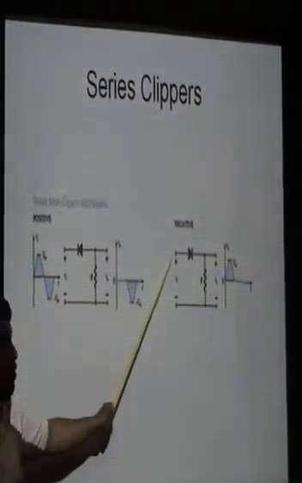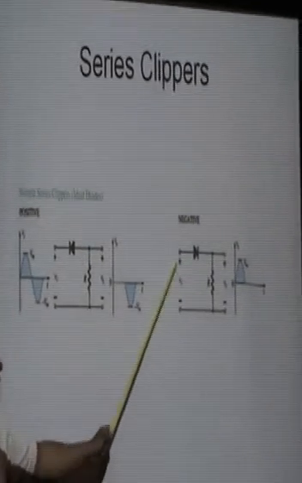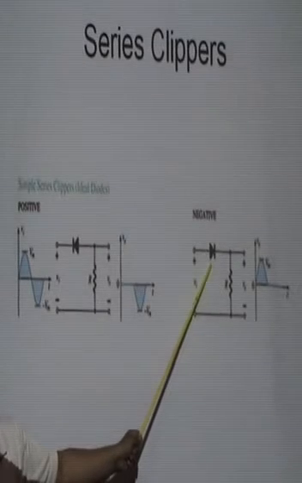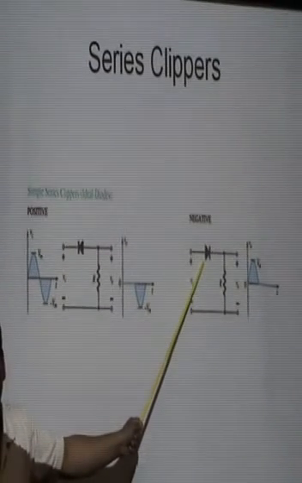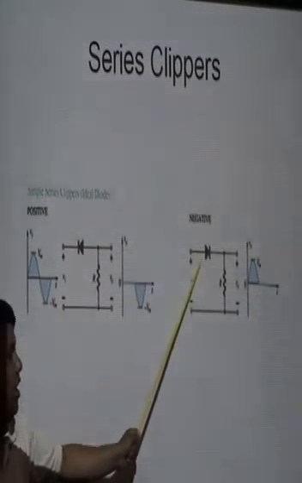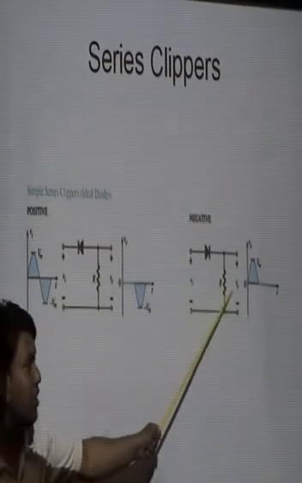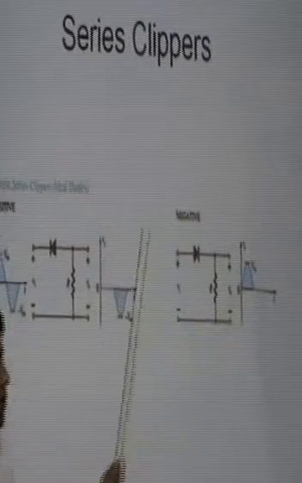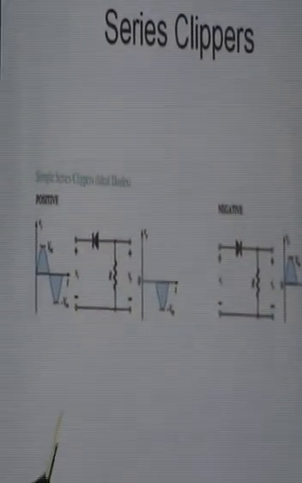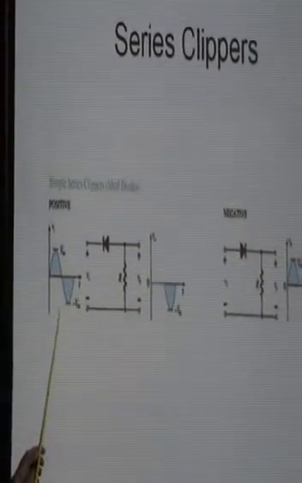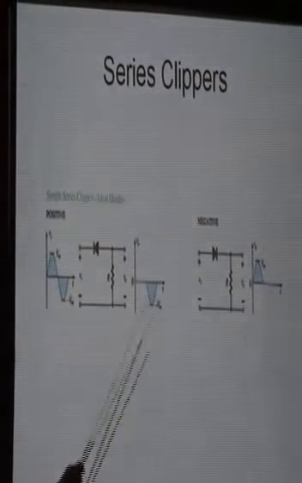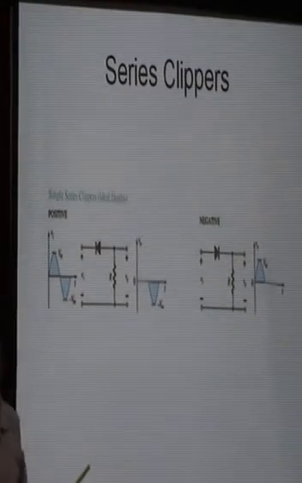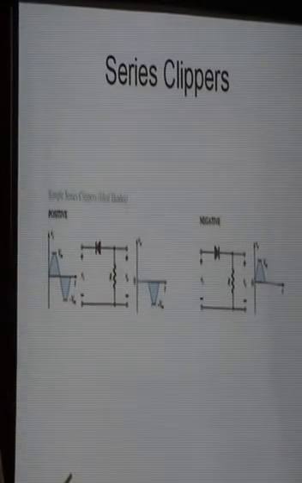While for the negative half cycle from pi to 2 pi, with minus Vm peak amplitude, the polarity of these terminals is changed, and as the polarity is changed, the diode now acts as an open switch in reverse bias condition and there is no current in the loop, and finally there is no output. So from pi to 2 pi the output is nothing. So from these two figures we can easily differentiate between the positive clipper and the negative clipper, which both are series in nature. While if we move towards the parallel clippers, then the concepts are a little bit changed.